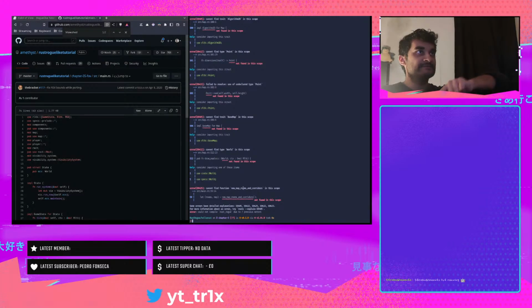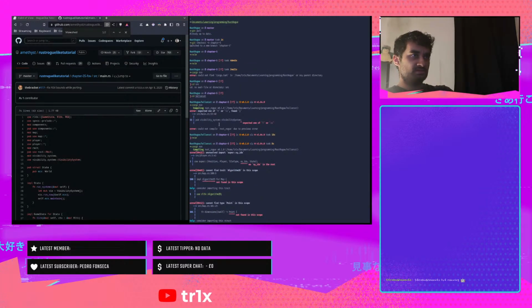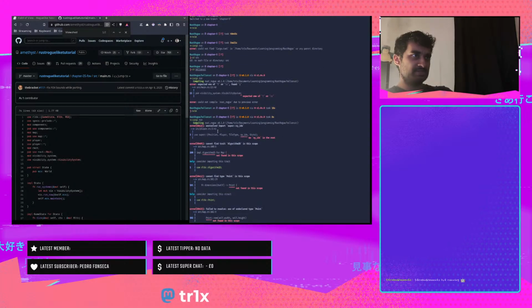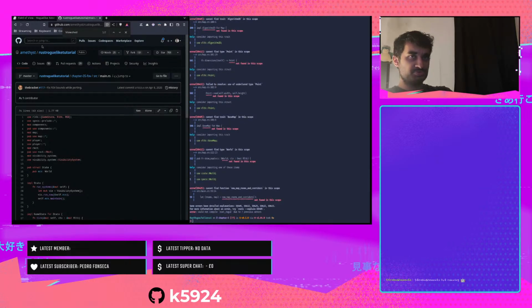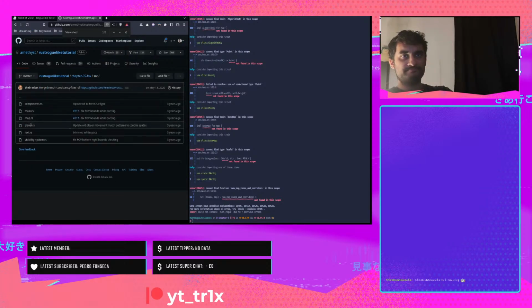Now what's wrong with this? No, is it erroring in main? No, that's not there anymore. In player and in map. So let me fix player and map then. So in player,